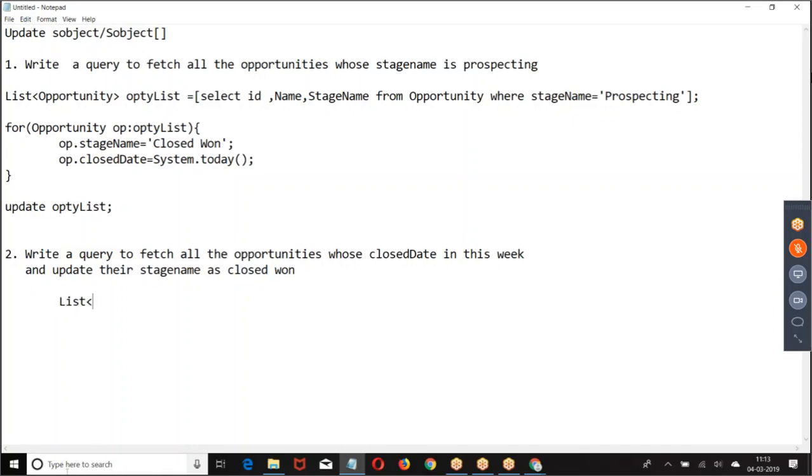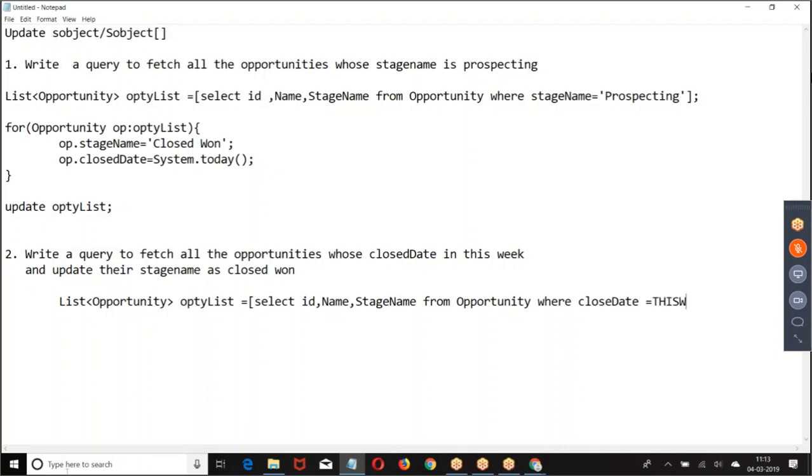Then how did you write it? List of opportunity, opti list, select, where close date equal to this week.